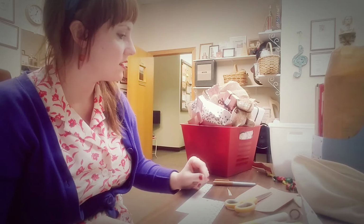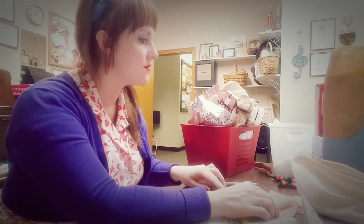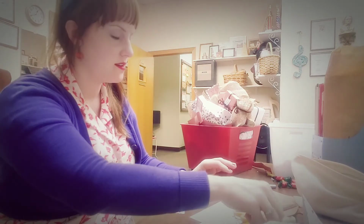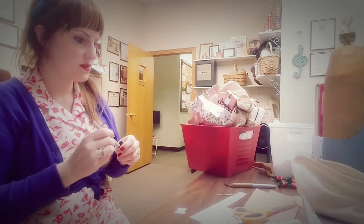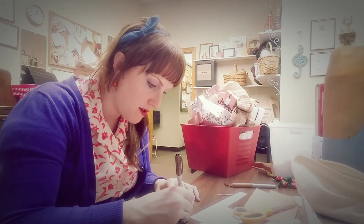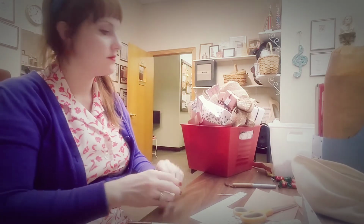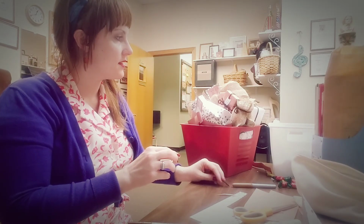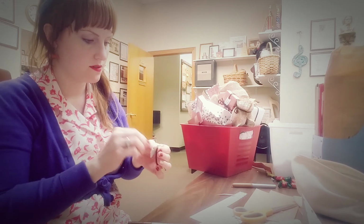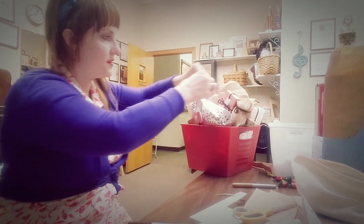I don't see them that often, unfortunately, since they live so far away and I don't go up there that often, so I'm not sure what they all would want, really. And this Grandma. That one doesn't have much of a string left, of course, so I'll see if I can substitute with this string. Just tie it